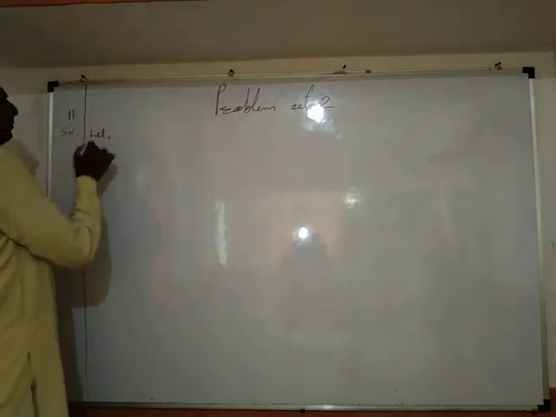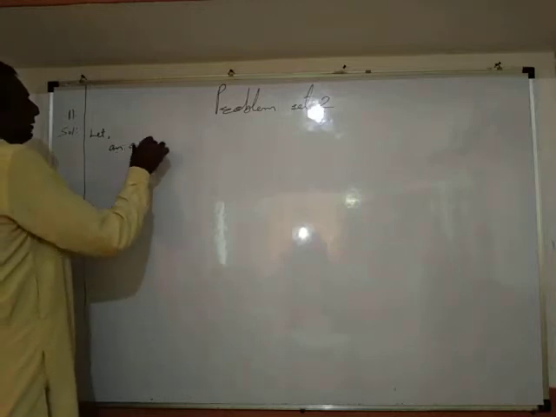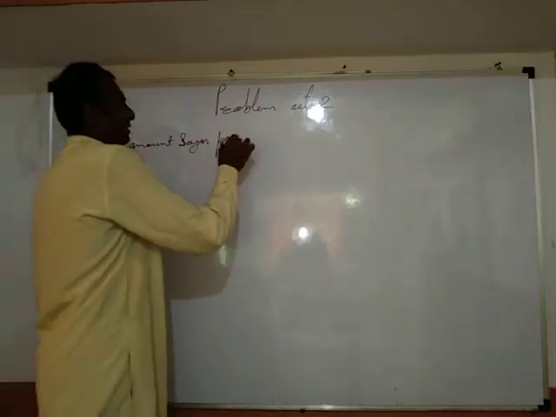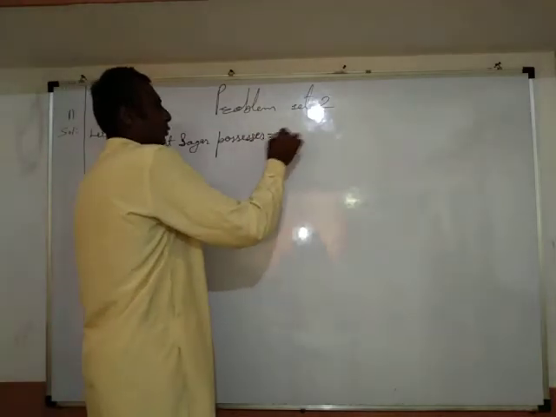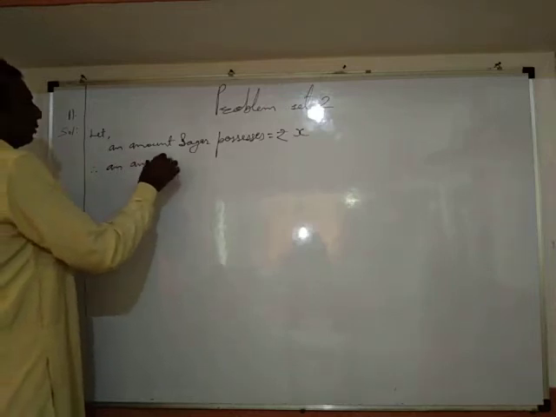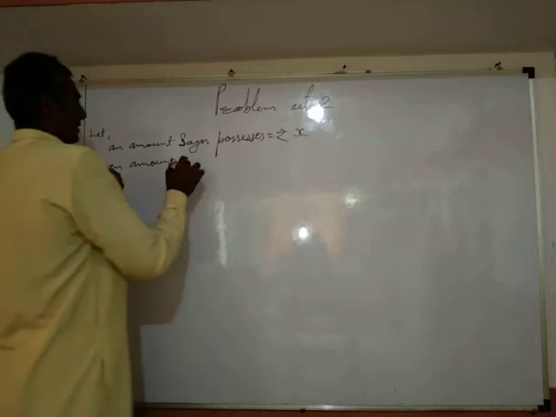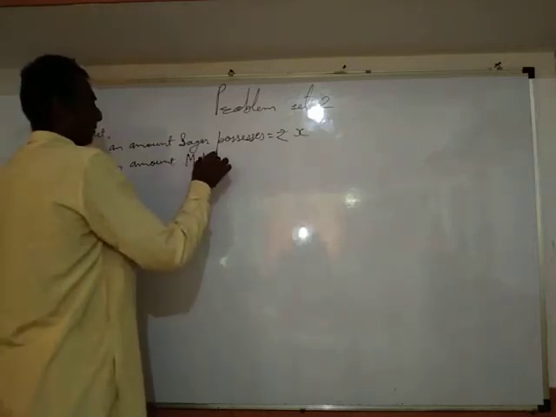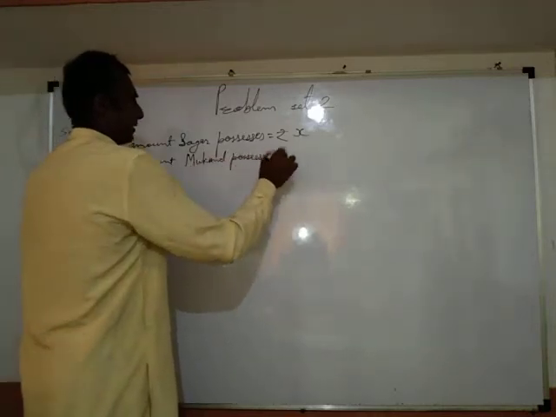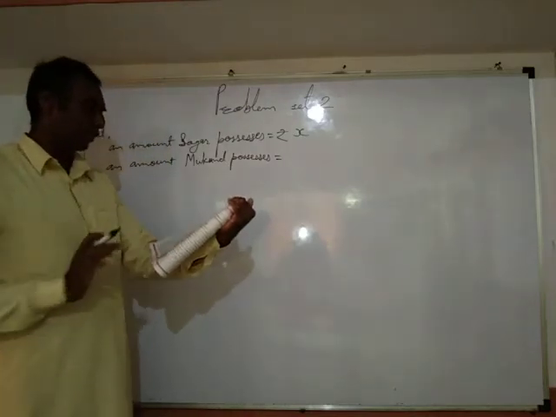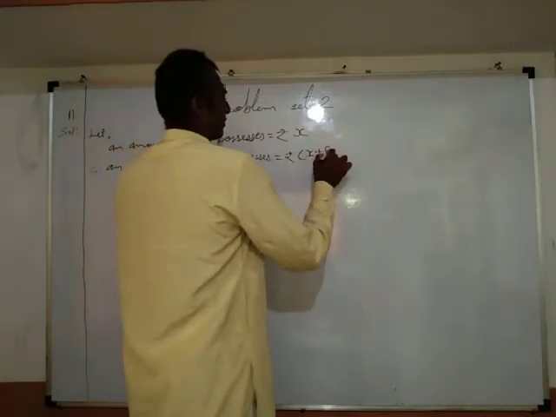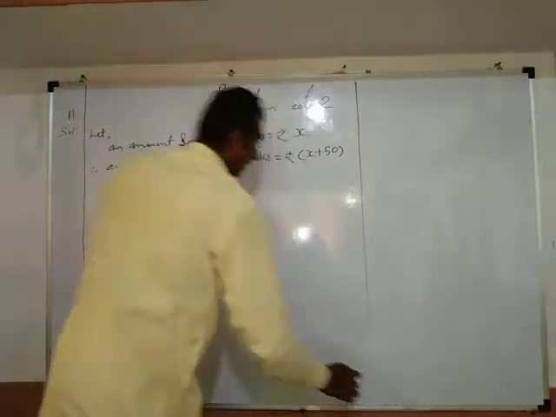Let the amount Sagar possesses equal rupees x, and therefore the amount Mukund possesses equals rupees x plus 50, since Mukund possesses rupees 50 more than what Sagar possesses. Okay, and therefore,